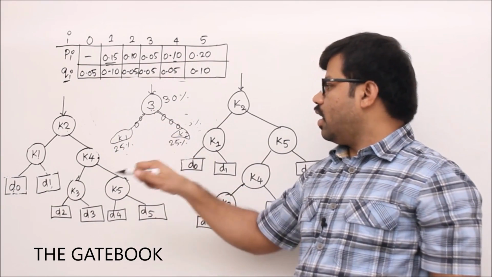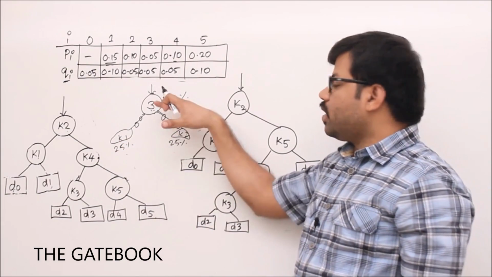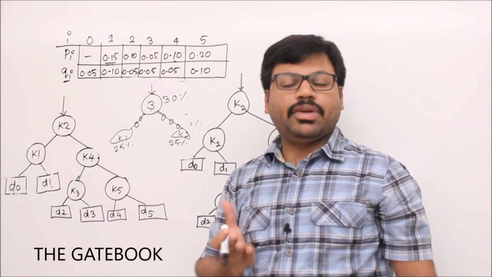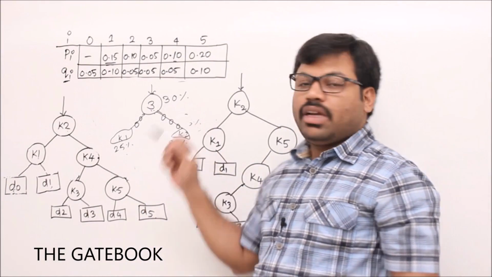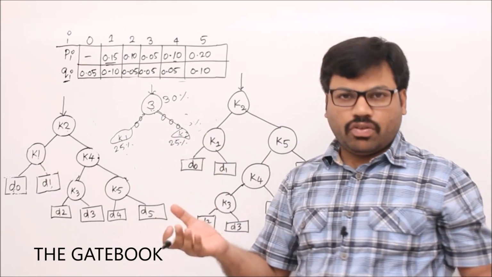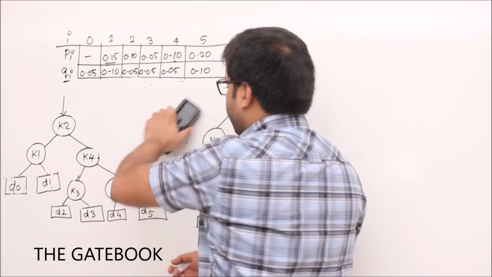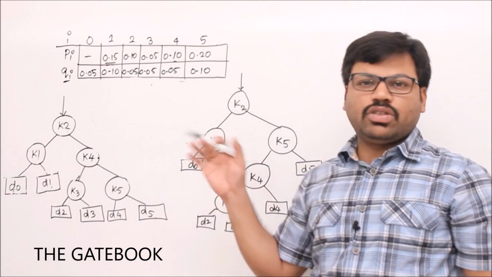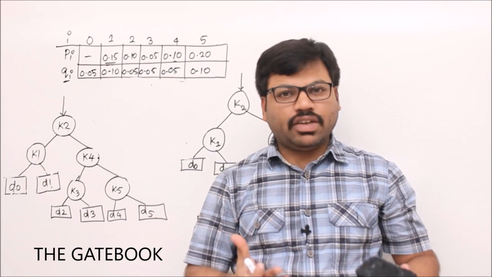That means deepest, and you are getting a lot of penalty 50% of the time. But only 30% of the time you are getting the benefit of keeping 3 at the root. So that's why I want to say that keeping the top frequent element at the root will not work, right? I will show that. I will tell you the reason for that with examples. We'll see some examples so you can understand why whatever method you are thinking will not work.